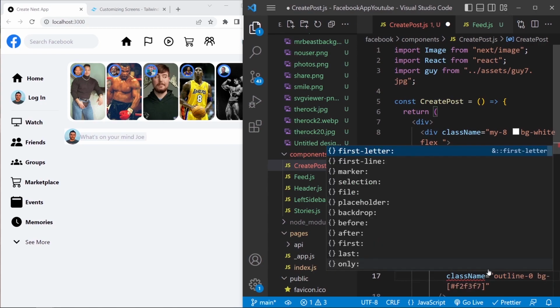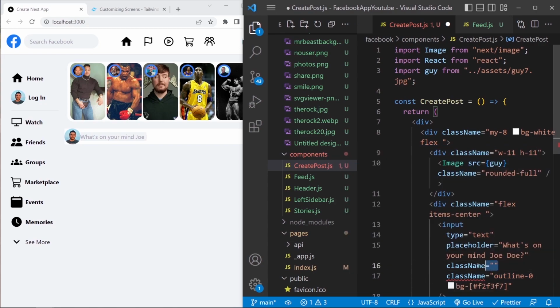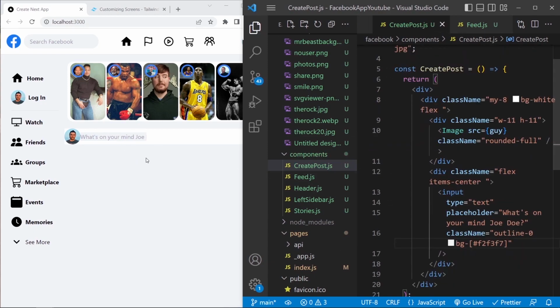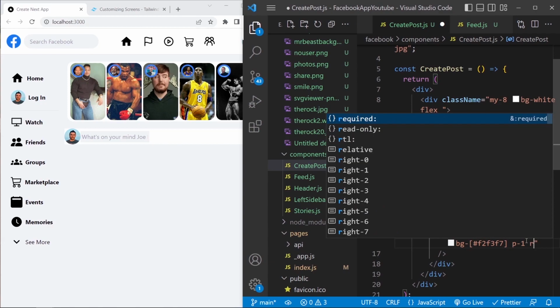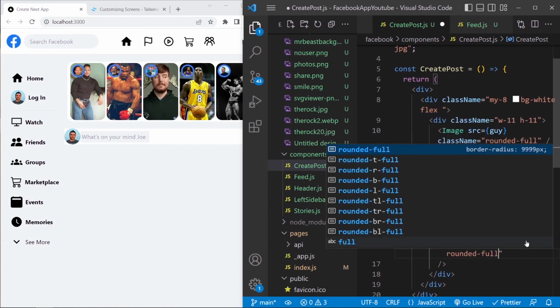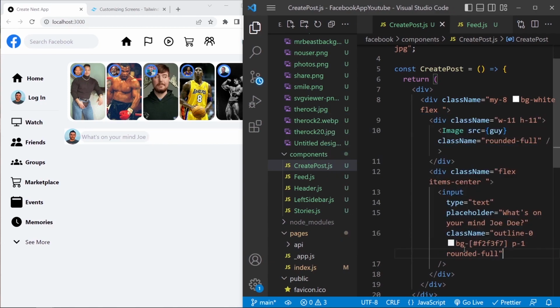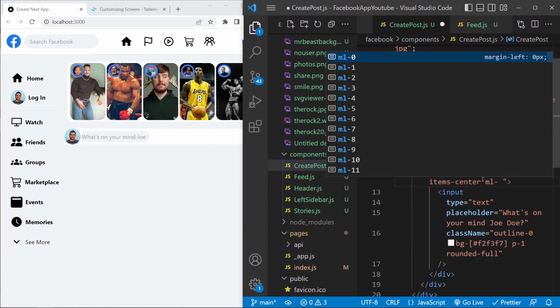Okay, and let's delete this class name because we have two class names, and save. Okay, let's give some padding to this input. So I'm gonna say padding of 1 all around. I'm gonna say rounded full, some margin to the left, margin left of 2, maybe 4,